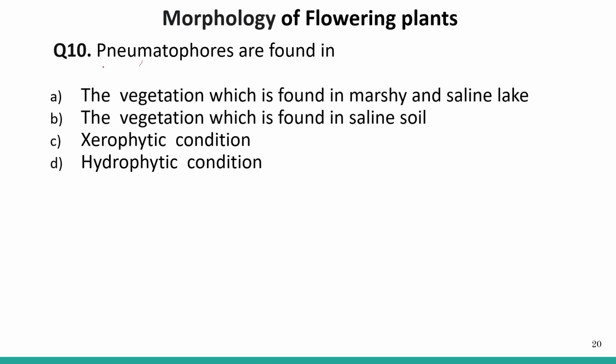Next question. Pneumatophores are found in. So what are pneumatophores? Pneumatophores are found in plants that grow in marshy areas or in saline lakes. If you have seen any mangrove plants, some roots come above the ground like this. So this is showing